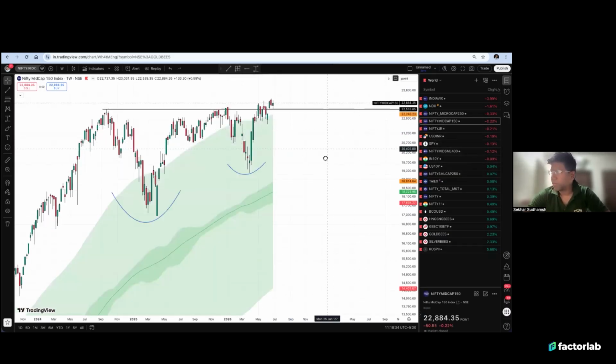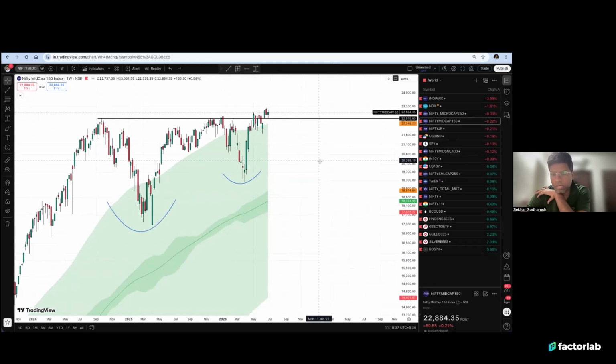That is Nifty Midcap 50. Now, this is the interesting place to look at. Nifty Midcap 50 is already broken out. The news is not being felt because of other reasons. I'll show why it is not being felt. But if you actually observe, Nifty Midcap 150 is already broken out, retested, and now again retesting its earlier resistance level. It's a weekly chart. So we see a clear indication that the midcap 150 are a pretty strong bet. If someone has to put their money in Indian equities, this is a good place to put the money in. Even from the valuations point of view, Nifty Midcap 150 is better valued compared to Nifty large cap or small cap.